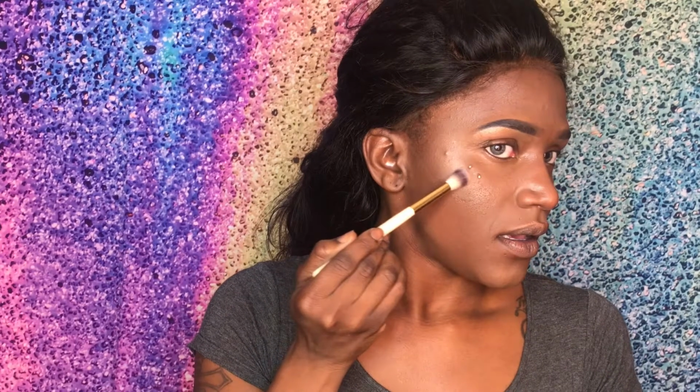So yeah, I'm going to use this highlighter first. And I say first because I like to layer my highlighters. I'm not even going to lie. But since that cinnamon gives me that rosy tint, I want to use this duo one to accentuate that highlight, like set it or something. So I'm going to take this BH Cosmetics highlighting brush, and I'm actually going to go in with Chic Phreak. I just like how that one has the glitter chunks in it. And I'm just lightly, I don't want to be too heavy. You know what? I am just gonna be heavy. I'm just gonna go for it because I'm already gonna be heavy with